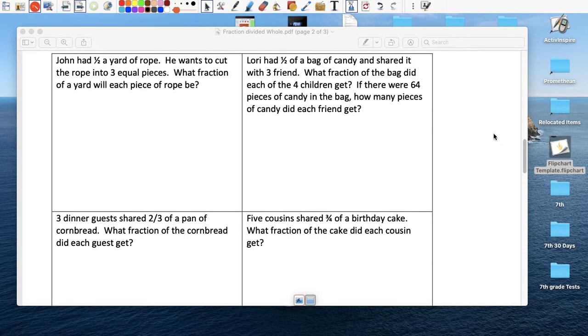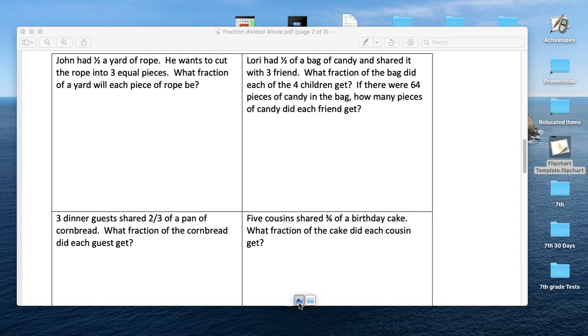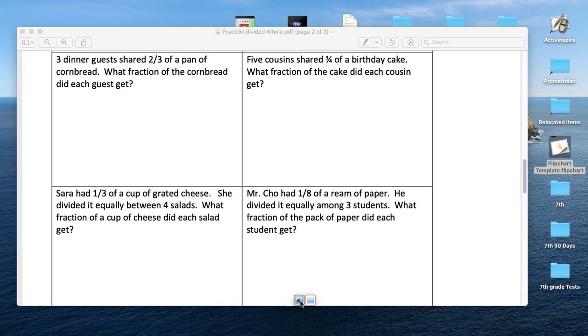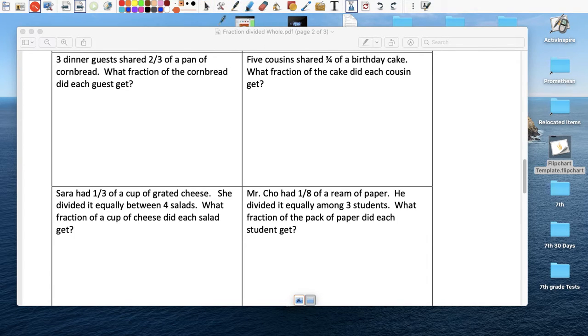3 dinner guests share 2/3 of a pan of cornbread. Okay, so cornbread, if you have never had cornbread, it's pretty good. So how much did they each get? So cornbread, let's do a square. So this is a piece of bread